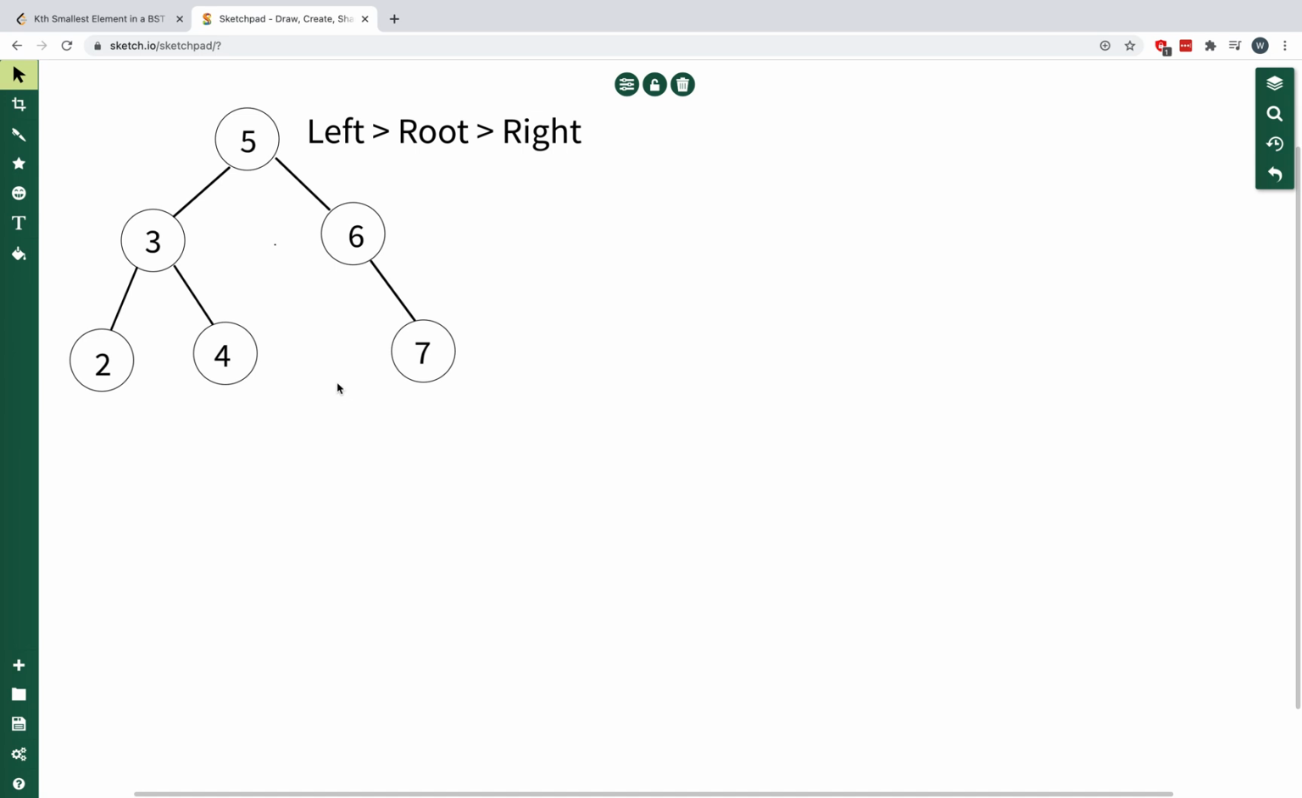An in-order traversal is defined as the following. At every node, and I mean every node, you go to the left, process the left subtree. Once you're done with that, you process the root, then you process the right subtree. So let's try to apply this to this tree. We start at the root node, which is 5, and then we process the left subtree. So that's this entire thing,